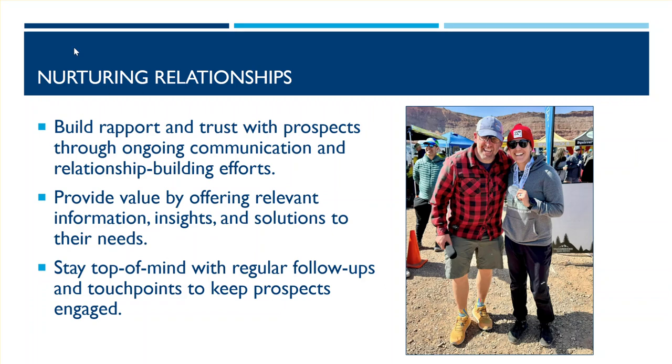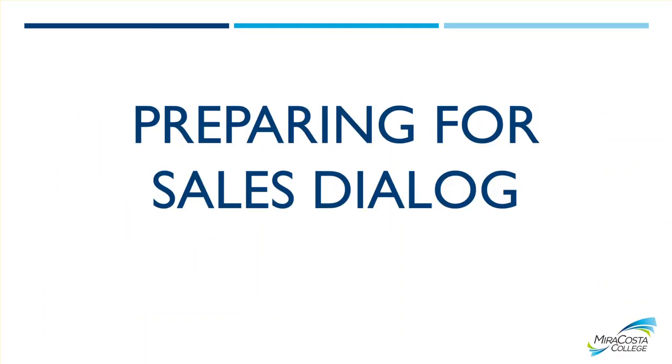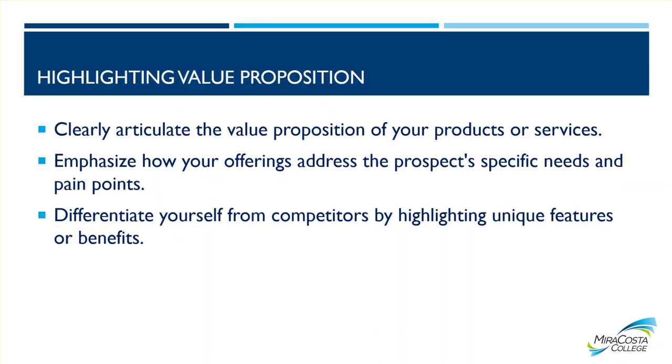And that was through nurturing the relationship we already had. All right, moving on. Preparing for a sales dialogue. Highlighting your value proposition. Clearly articulate the value proposition of your products or services. Emphasize how your offerings address the prospect's specific needs and pain points, and differentiate yourself from competitors by highlighting unique